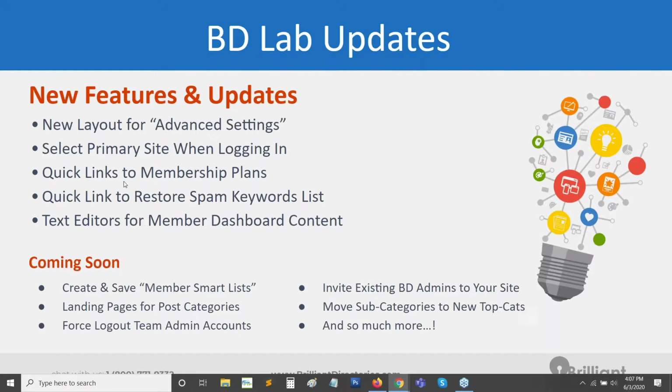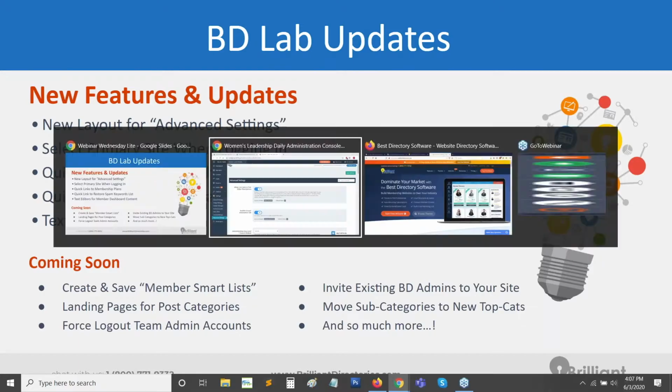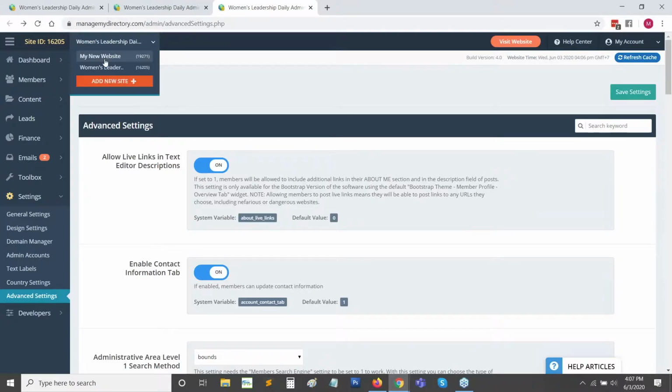This next one is really cool. If you have multiple sites with Brilliant Directories, you log in with one username into the admin dashboard area, and then at the top of the screen, you can toggle between the website you want to go in and start working on and editing. Up until now, actually, the last site